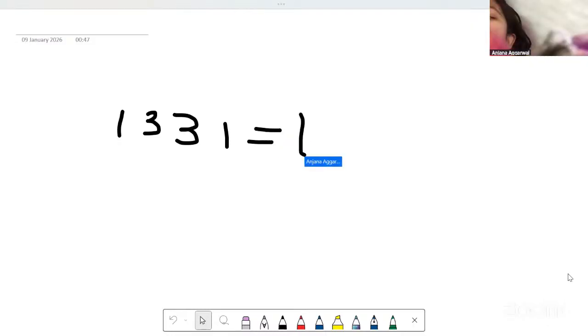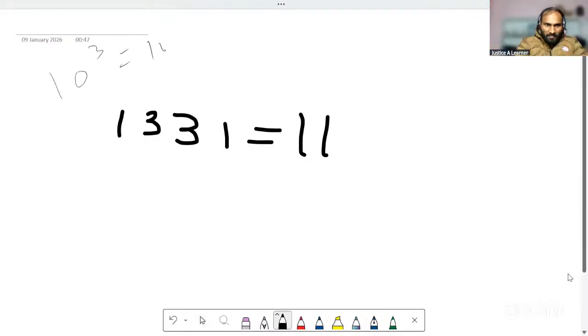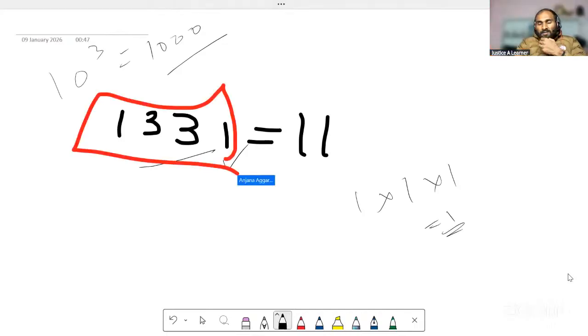Like 11. Yes, is it near 10? Because in the cube, how many zeros would there be for 10? Like 10 to the power 3. How many zeros would be there? 1000. So it would be 1000, right? So this is more than 1000. And then we see that the one is at the end. Remember that yesterday we did this question. That 11 times 11 equals